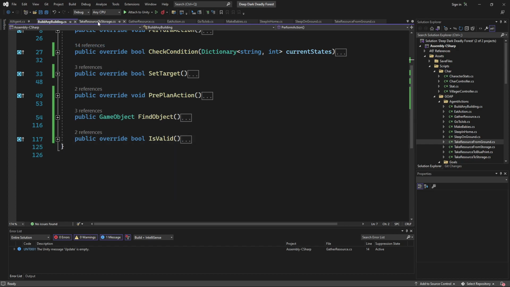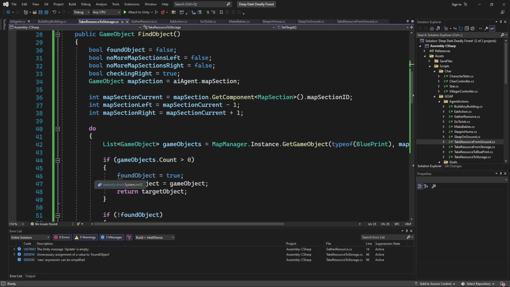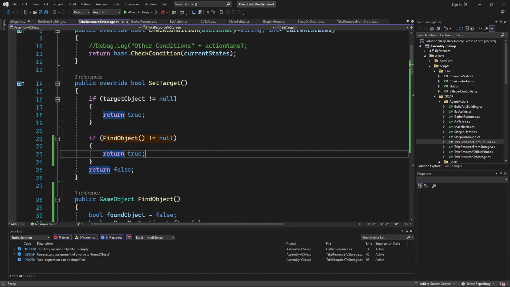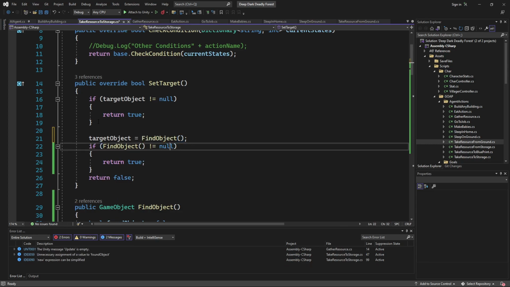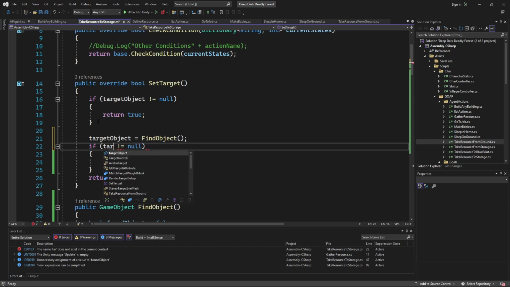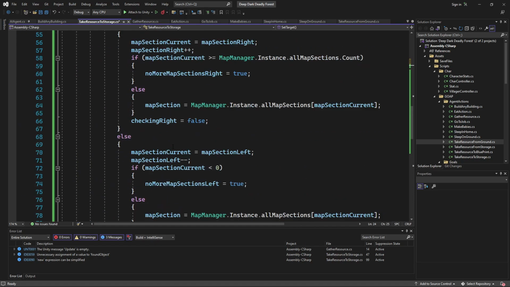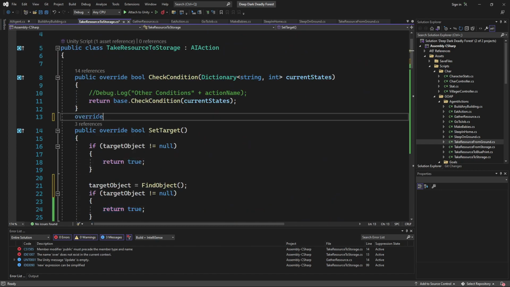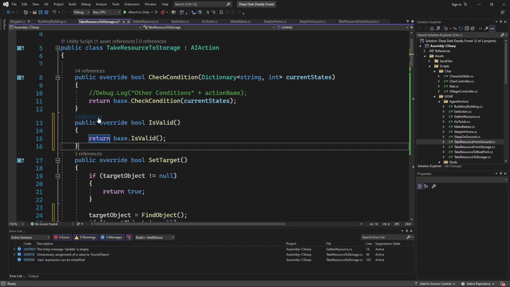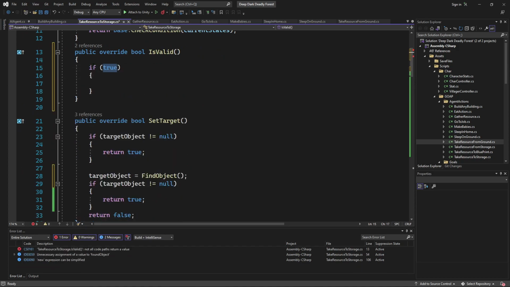So that one is building. We need to do the same thing here. We need to say target game object is equal to find object, and then if target object is not equal to null, and do we have a valid? We do not. Override is valid. And we'll do the same thing. If find target